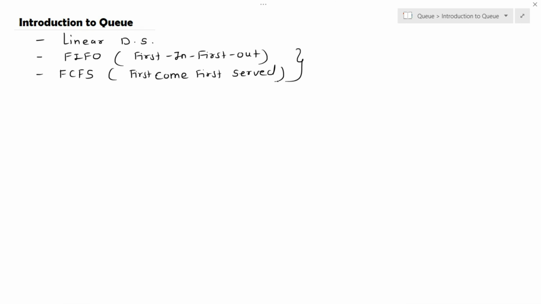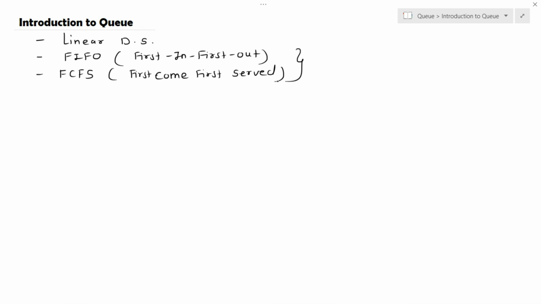If we look at a real life example of queue, it can be a single lane one-way road where the vehicles which enter first will exit first. Or the second example of queue is the queue of people waiting at a railway station to get a ticket. Each new person who comes joins at the end of the queue and the person who comes first gets the ticket first.